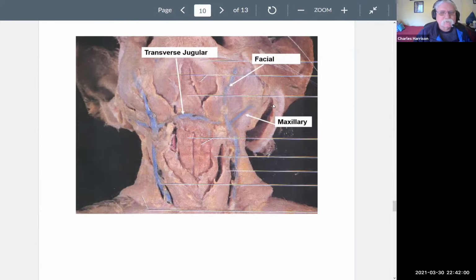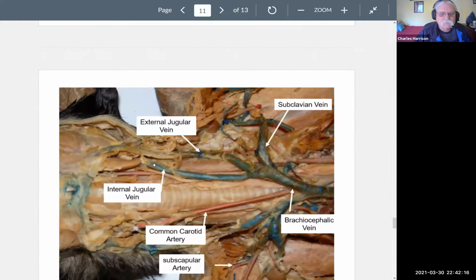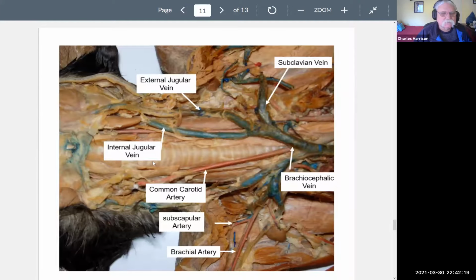Okay. Facial, maxillary, transverse jugular. And it should have been labeled. This one here is the external jugular. The heart is down here on the right. And you're bringing up the brachiocephalic, subclavian,